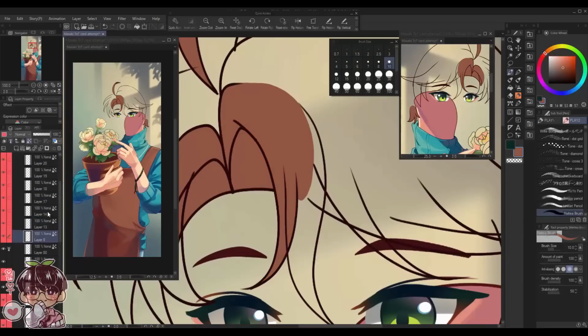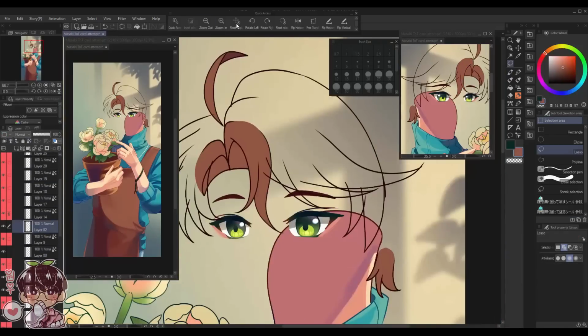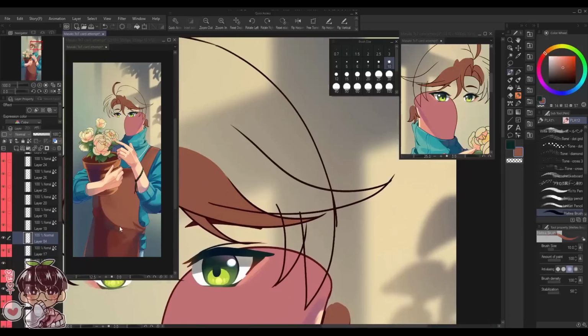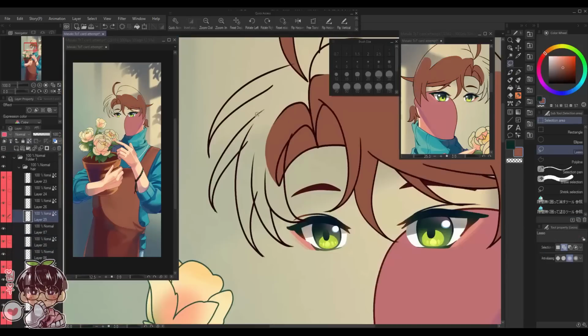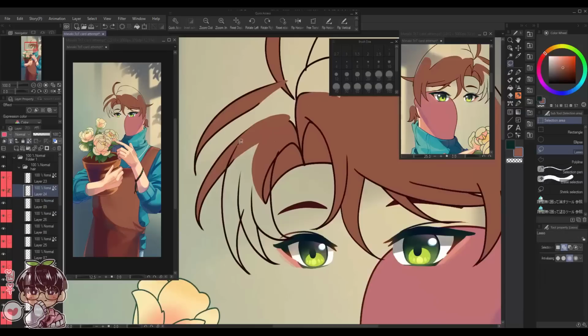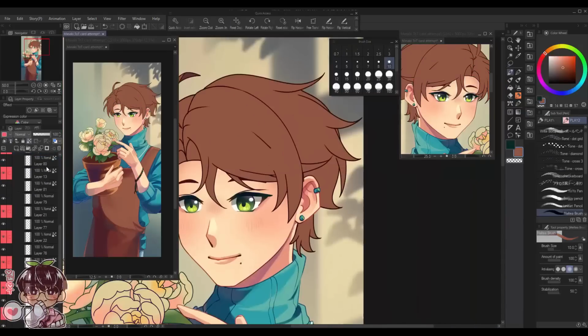Yeah, but here's what I was talking about. On the left side of the screen, you can see that in Clip Studio Paint, there's a little square right next to where it says normal, and you can set different layers to have different color indicators.